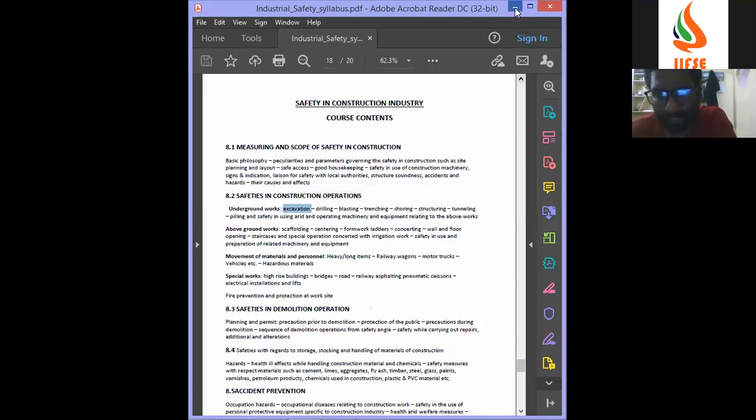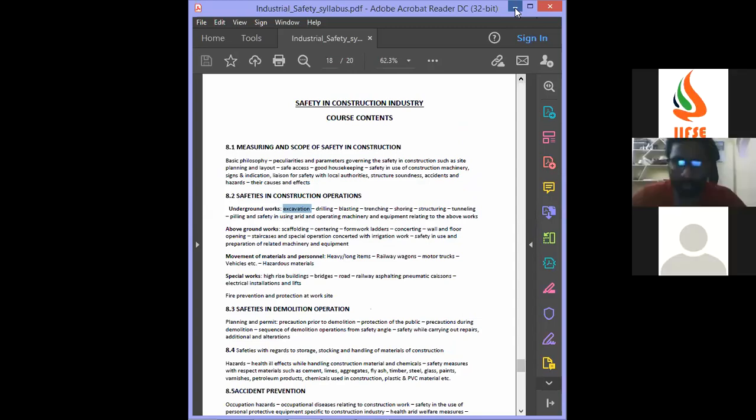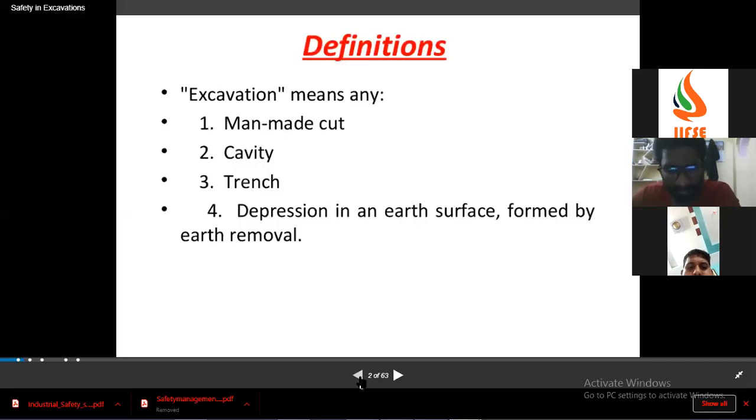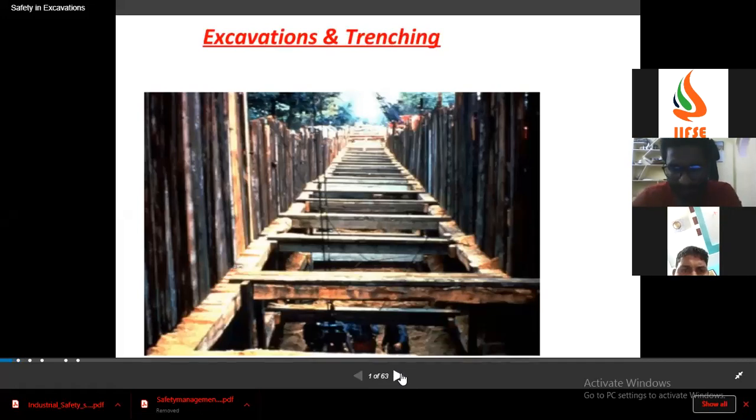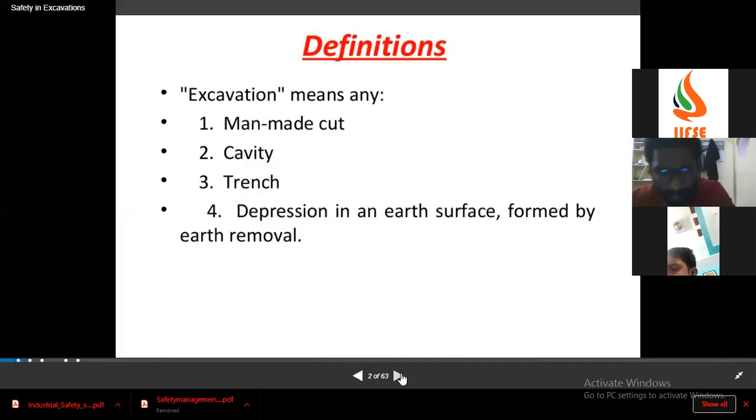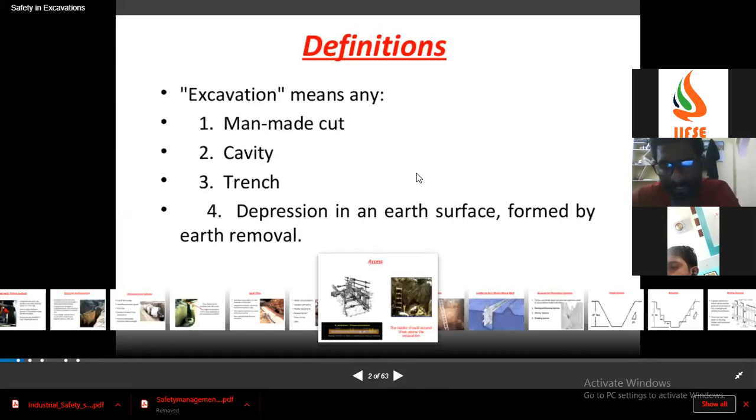Okay, today we'll discuss all this. So now you are able to see the excavation and trenching slide, right? Now it's okay. So here, excavation and trenching. I would like to go in a very systematic way. We have no need to rush, because this is the 108 paper. Today's class covers most of the topics.